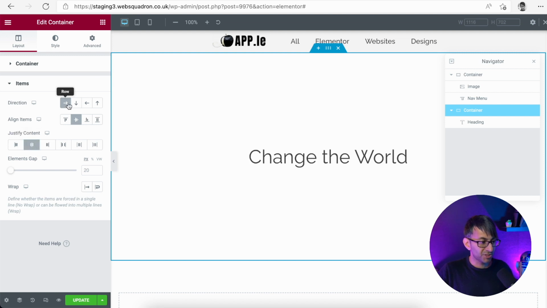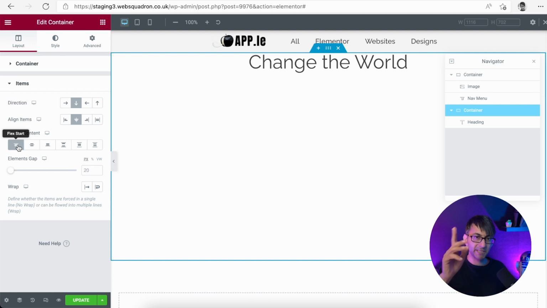I could also just do something like a column if I want. Now, even though I've picked column, notice nothing has really changed here, because at the moment I've picked center. Justify is centered, and the alignment is also centered, so it makes absolute sense that it's going to be in the center. But if I go for column and I do flex start now, it's going to be at the top in the center, whereas if I did row,